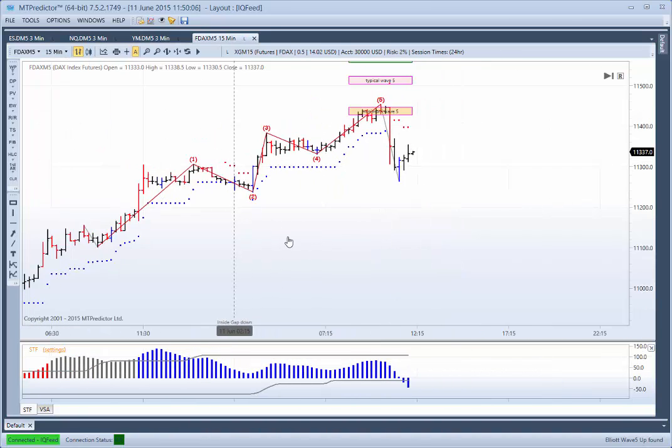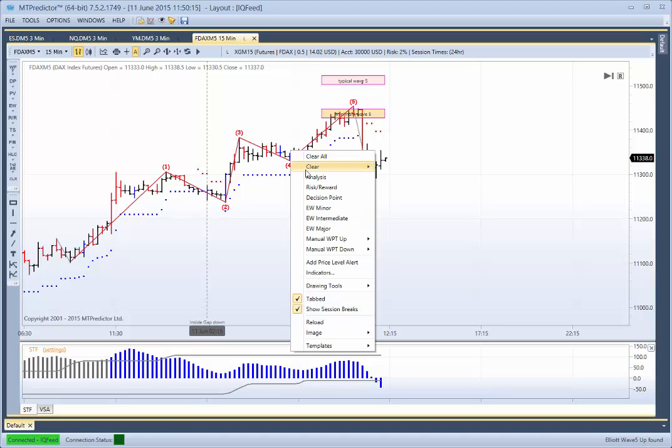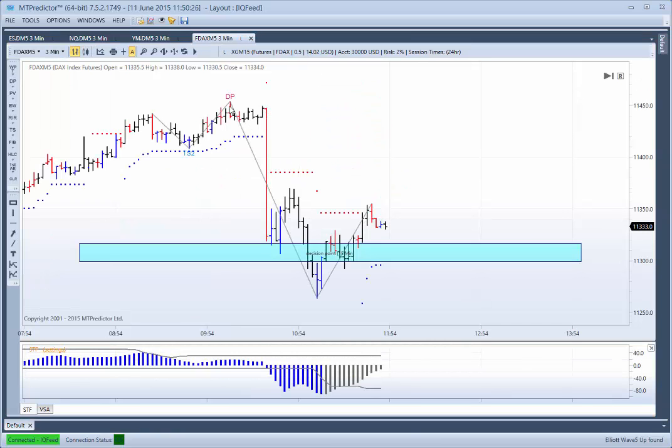Again, if you're more experienced, on a higher time frame here, the likely support area again is the DP from the prior wave 4. This would be on the chart in advance. So you'd have right mouse click, place the DP on, and there's that support level on the chart there in advance. So that would be your higher time frame support. So if you're on your short-term chart and you've done your analysis here,